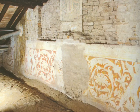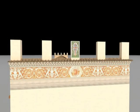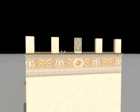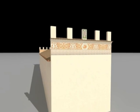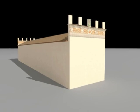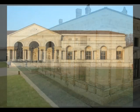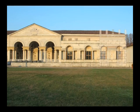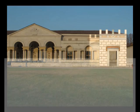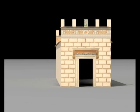The same backgrounds appear in an attic at Palazzo Te, where there's an ornamental motif inspired by plant designs. The painted wall that hid part of the roof was part of the facade of an earlier building. It was later incorporated into the exceptional structure of Palazzo Te, designed and frescoed by Giulio Romano, Raphael's most brilliant pupil. But that's